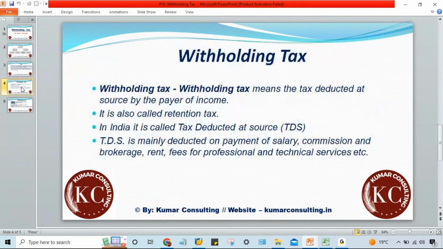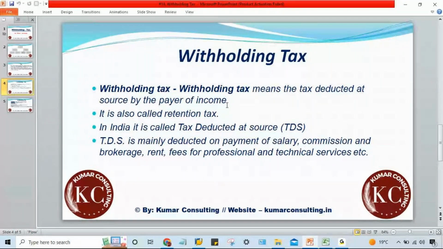Now, withholding tax means what, guys? Withholding tax means a tax deducted at source by the payer of income, right? It is called TDS. Whatever income tax gets deducted is also called TDS, deducted at source by the payer of income. Who is the payer of income? The employer is the payer of income, right?